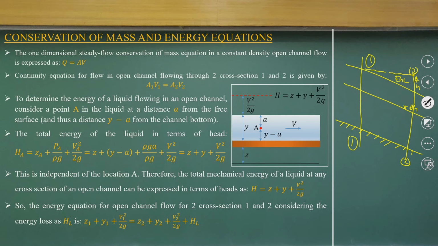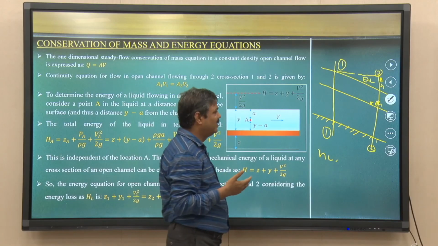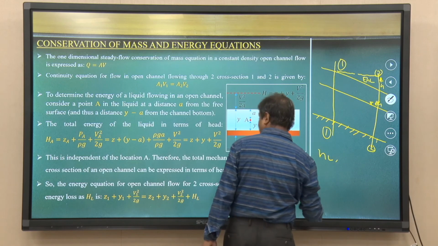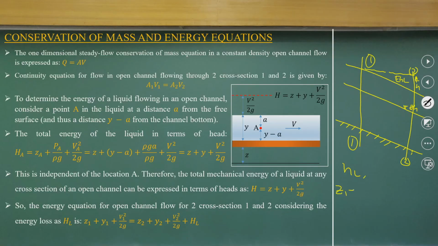This is the energy loss, h_L, as we define in the pipe flow. We did the same thing. So we can write for the two sections, similar to that: z1 plus y1 plus v1 square by 2g is equal to z2 plus y2 plus v2 square by 2g plus energy loss in terms of head,